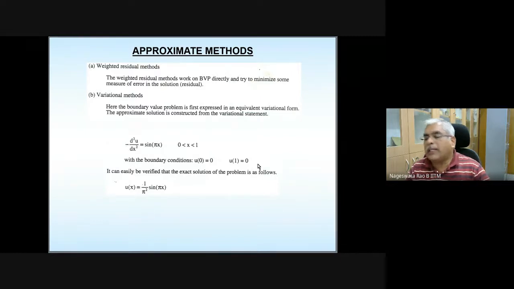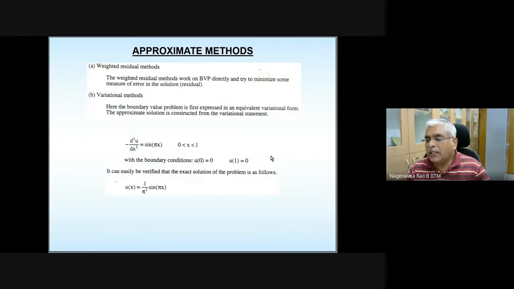Before we proceed further, in the given problem, what are the essential boundary conditions? Whatever trial solution we start with, we need to make sure that it satisfies the essential boundary conditions. We cannot compromise on the essential boundary conditions. It is essential to satisfy essential boundary conditions. Keep that point in mind.